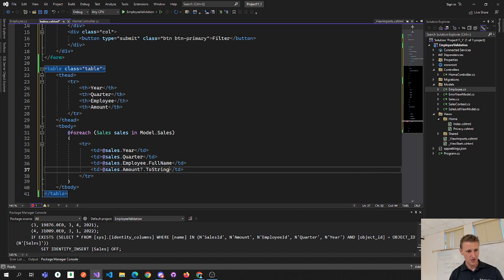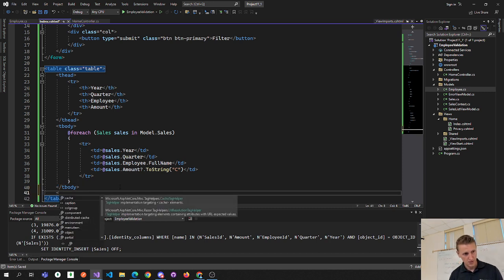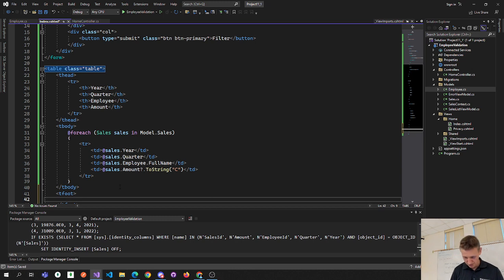If so, make it a currency. And in the table footer, span 3 columns, total sales,